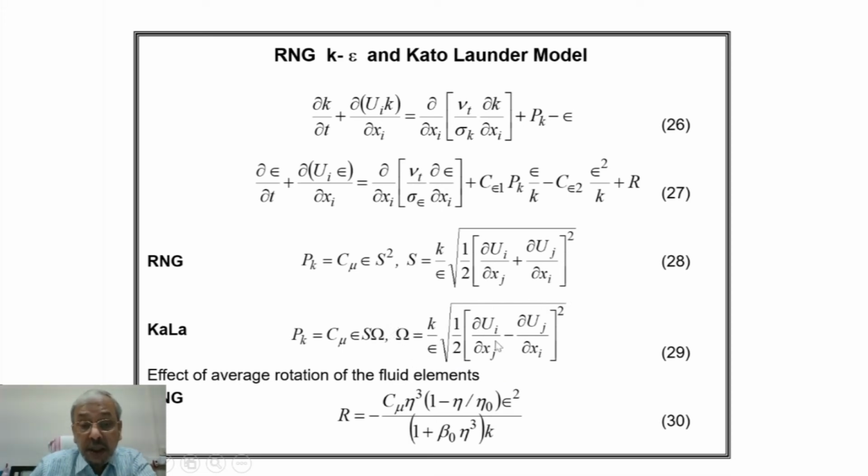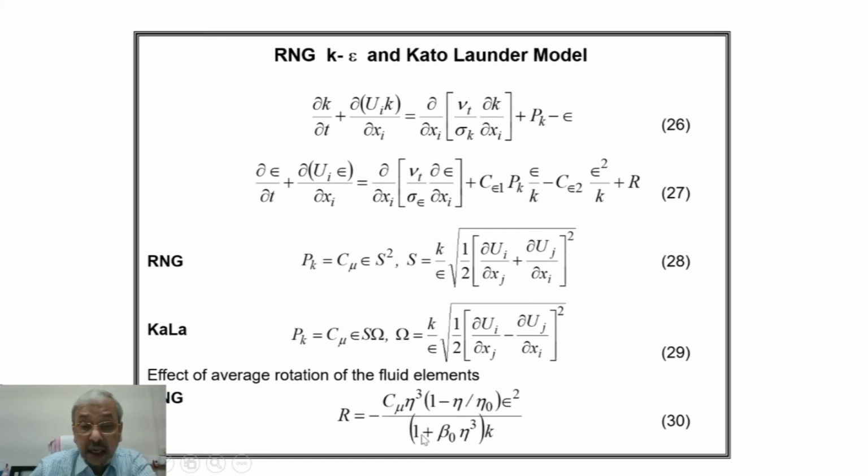So this uppercase omega into S, instead of the square of S in RNG, in Cato-Launder it is uppercase omega into S. And the effect of average rotation, as I said, of the fluid elements is brought about by this capital or uppercase omega term. And RNG has another additional term, R, which is c mu eta cube into 1 minus eta by